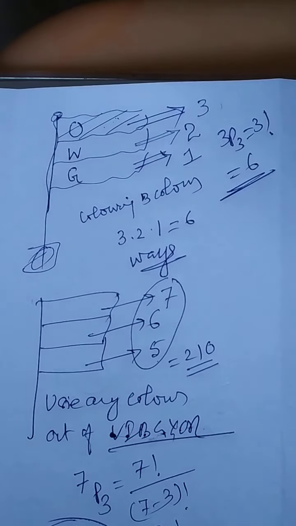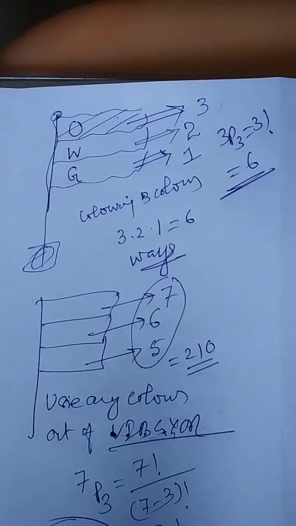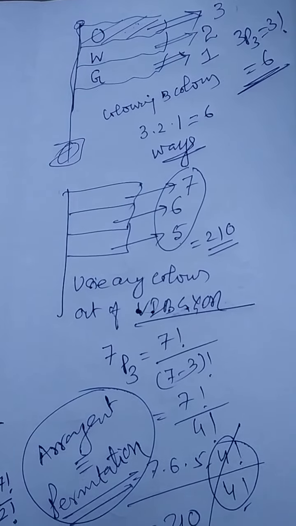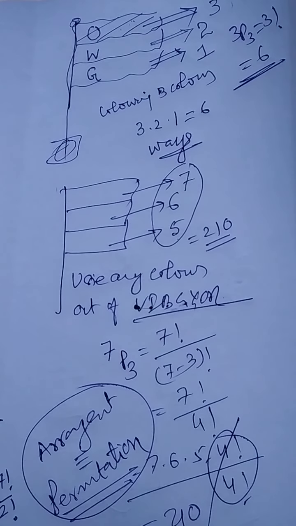So with this we have learned the concept of factorial, we have learned the fundamental principle of counting, and connected it with the terminology and the formula I have given you, permutation. In the next class we will learn a few more things, starting with permutation, and later on we will switch over to combination.